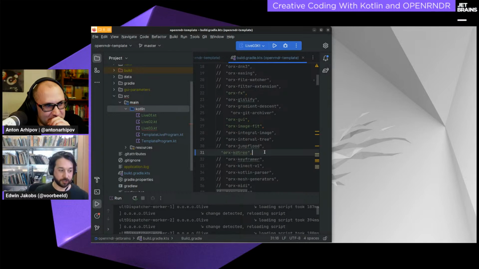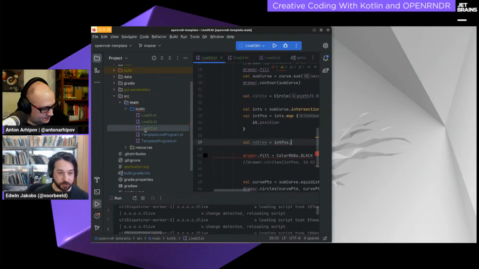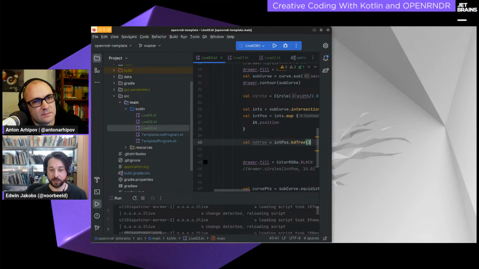One of the libraries in here is one for KD trees, which is a way to, if you have a set of points, very quickly ask for the nearest point. So you have a query point, and you want the nearest point in the set of points. So I thought, if I make a KD tree from my intersection points,